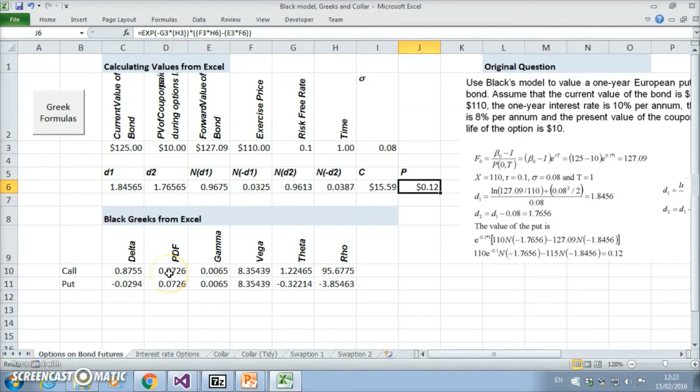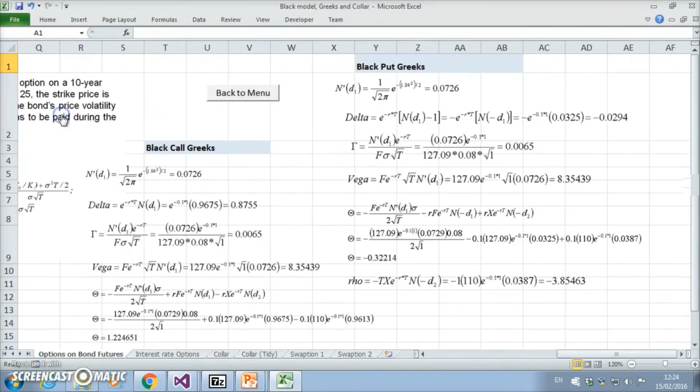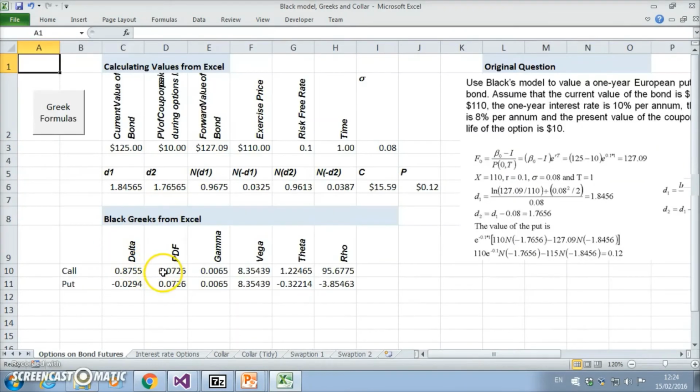So this was N prime of d1. And just to look at delta here for a moment, it's e to the negative rT times N(d1). And to get the formulas, it's just over here. So the delta is e to the negative rT times N(d1). And then the gamma here uses this probability density function. Okay, so to estimate the probability density function, if we go back, the PDF, probability density function, is 1 over, if you like, the square root of 2 pi, and then e to the power of negative d1 squared divided by 2. Okay, and we get this value here of